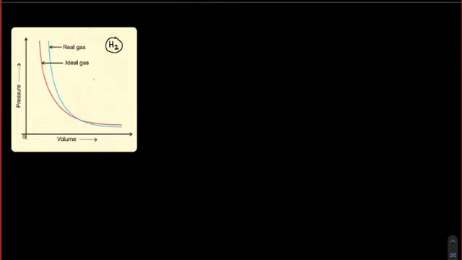Now check this. If it is an ideal gas compared to the real gas, which I take as H2 as an example, then the pressure, if you see the volume gap here, is much higher compared to the pressure gap here. Even if you take it at a particular volume, you can see these two values, correct? These are the pressure values. So there is a difference in the pressure there.